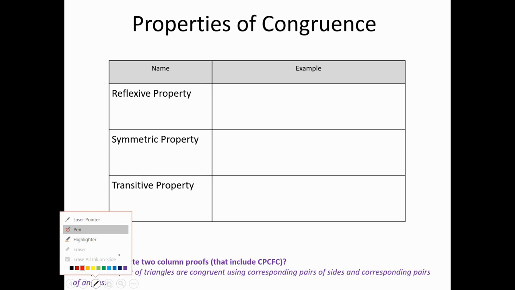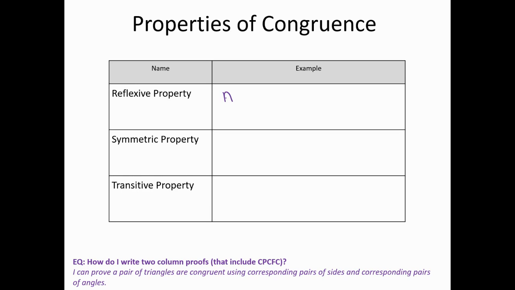All right, so here we go. We're going to be looking at some different definitions and properties before we jump into proofs, because these are going to be our ways that we justify our work. So the first one we have is reflexive property. This one is super important, and it's going to look maybe a little bit silly. Basically,